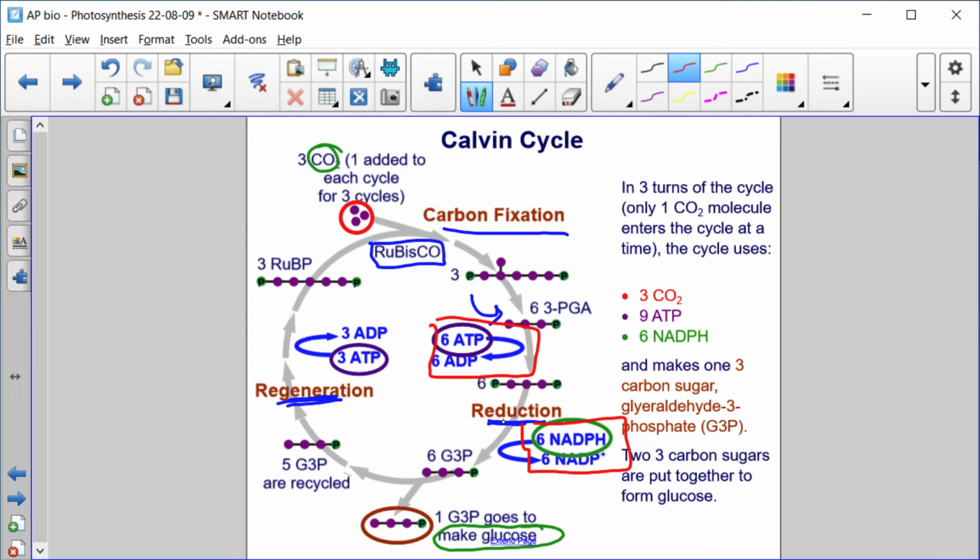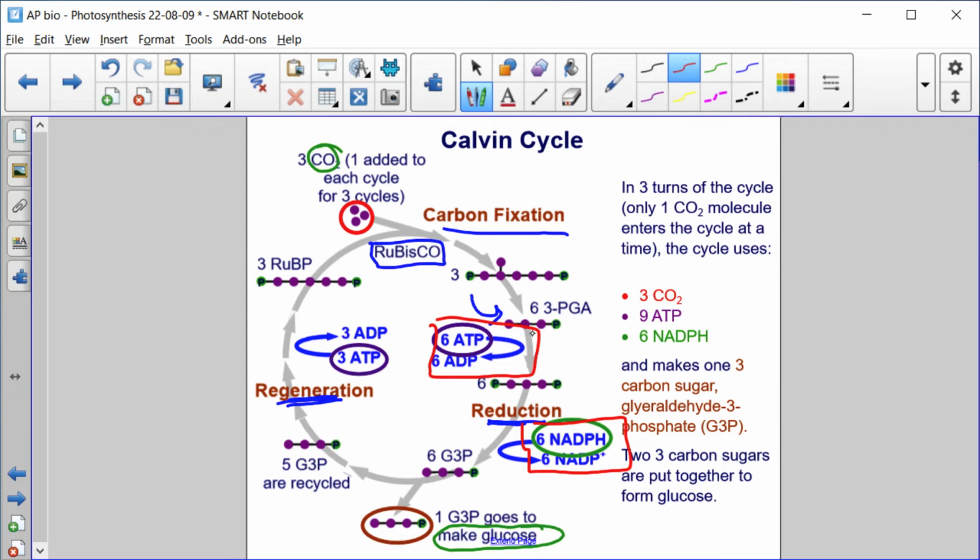These ATP and NADPH supply the needed electrons and energy for carbon dioxide reduction. Electrons are added from NADPH, and through a series of reactions, this